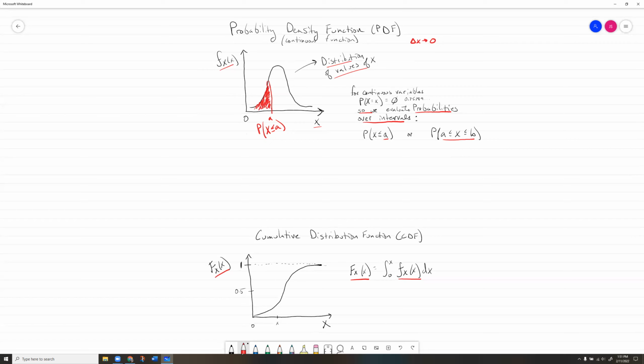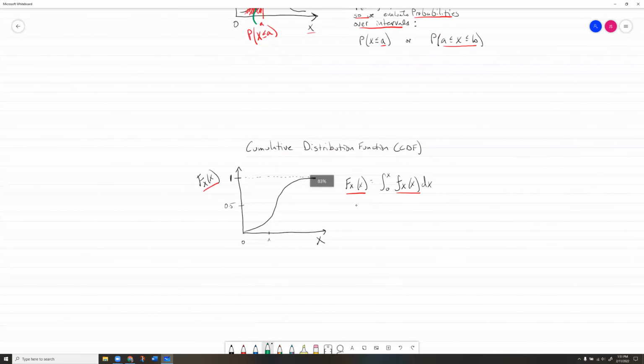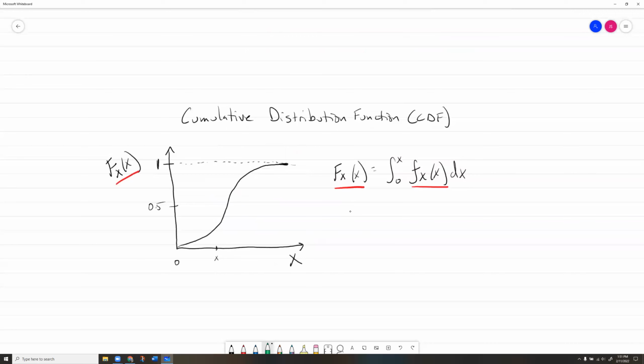So the probability that x is less than or equal to a is just the area under the curve up to that value. What the cumulative distribution function does is, if this is an actual function, say just like some parabola or something like that, then